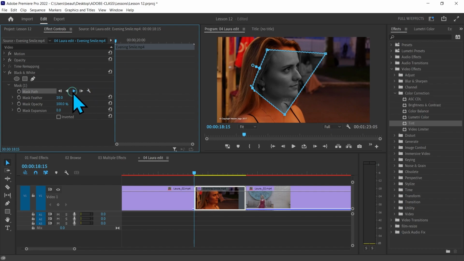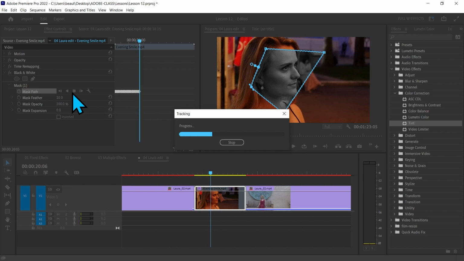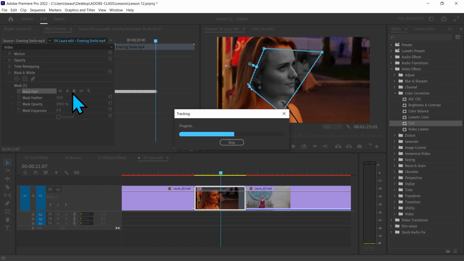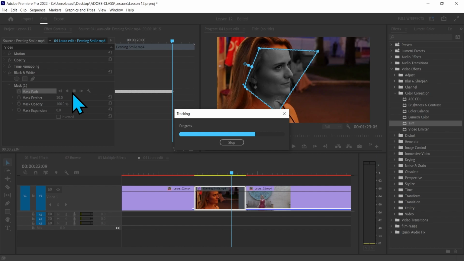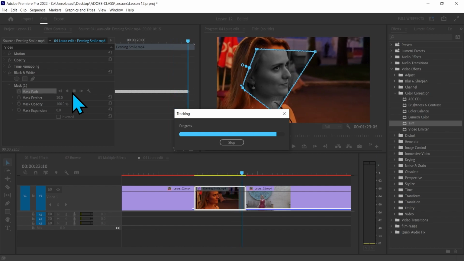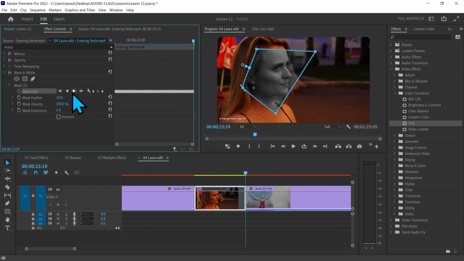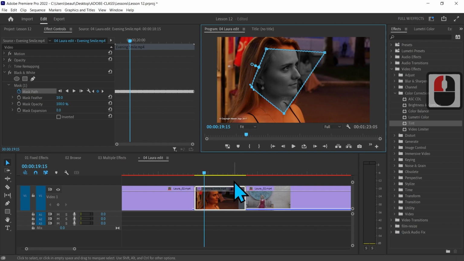So I put my playhead at the beginning of this clip, and if I hit this forward arrow, this is going to track the clip moving forward from my playhead position to the end of the clip. Every frame gets a keyframe. And when it gets to the end of the clip, now if I play this clip back,